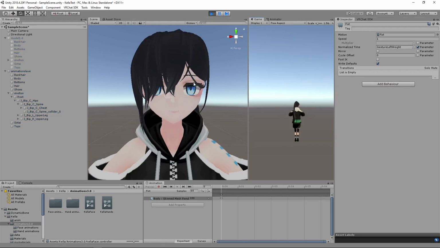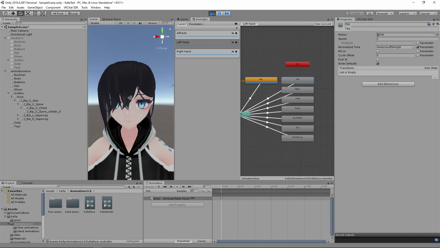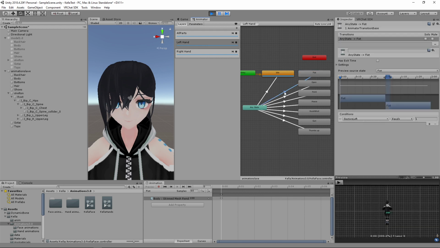And if I want to preview what that looks like, I open up this animator, right? And let's say I want to look at what fist looks like. So I can see I got my animation in fist. There's an arrow pointing to fist from any state. This is basically what is read by the game as what gesture your controller is doing. So in this case, it's holding your fist. So gesture left equals 1. So you can know that whenever gesture left equals 1, that means fist is activated,